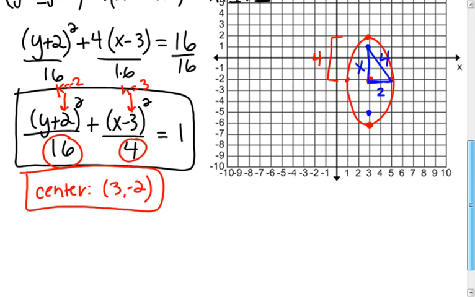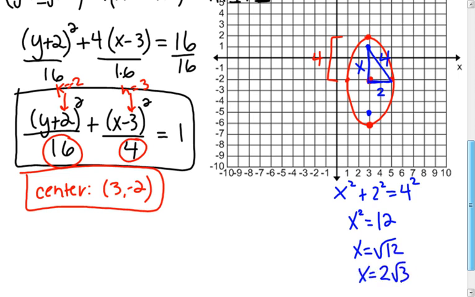Okay? So I'm going to go x squared plus 2 squared has to equal 4 squared. So x squared is 4 squared, which is 16, minus 2 squared, which is 4. 16 minus 4 is 12. So x is the square root of 12, which of course if you break that down is 2 root 3. And if you want to be able to graph your foci appropriately, you need a decimal for 2 root 3. The square root of 12 as a decimal, let me punch this in,